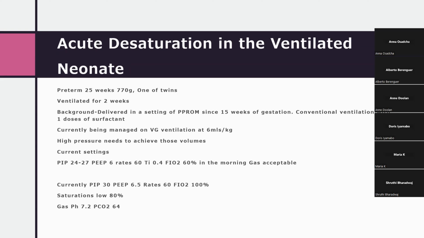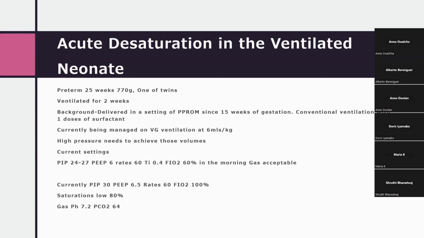The twin that died at delivery was resuscitated and developed bilateral pneumothoraces and passed away in the delivery suite. Both babies' mother had antenatal steroids and magnesium sulfate. Eventually, it was an elective cesarean because the other twin was about 500 grams, severely IUGR, and that's the twin that passed away. This twin was intubated, ventilated, did well, had 2 doses of surfactant, and has now been ventilated